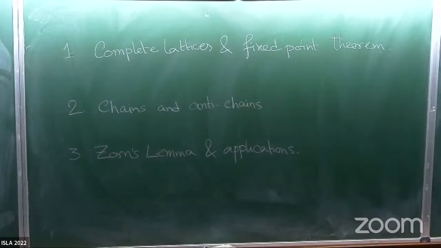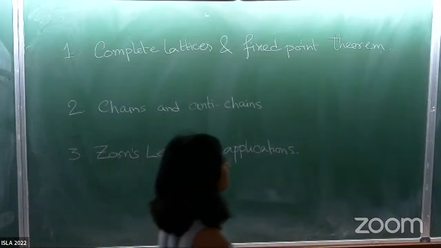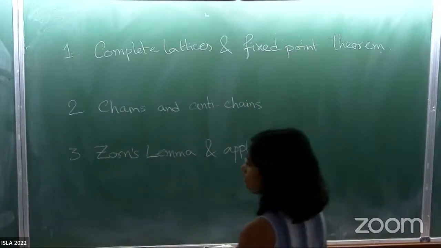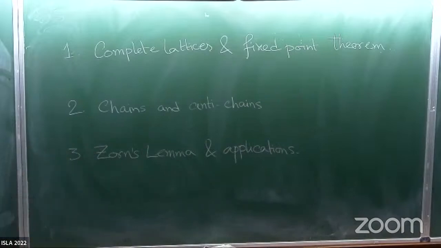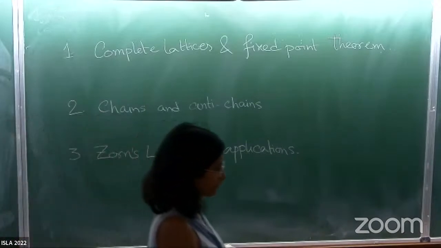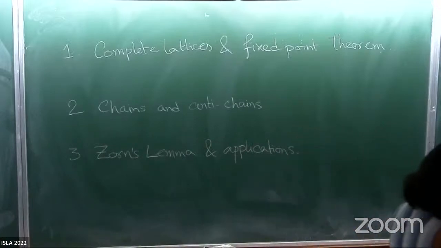When I defined filters today, I mentioned that another name for maximal filters is ultrafilter, and I also mentioned that any filter can be extended to an ultrafilter. To prove such results, you actually need the axiom of choice, or an equivalent version of the axiom of choice, which is basically Zorn's lemma. I'm just giving you jargon now, you can look it up. There are loads of references everywhere.